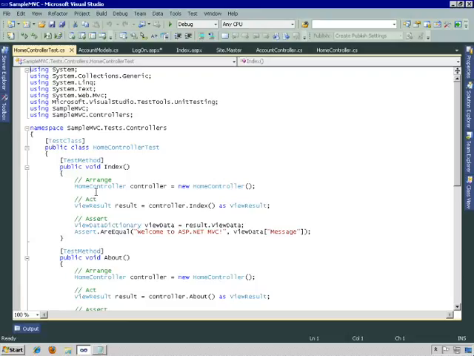These tests use a standard testing pattern of arrange, act, and assert. So you first arrange the test by instantiating whatever objects you need for the test. In this case, we need an instance of the home controller, so it instantiates that and puts it within the controller object. Then the test acts on that object. In this case, it's calling the Index method of the home controller here